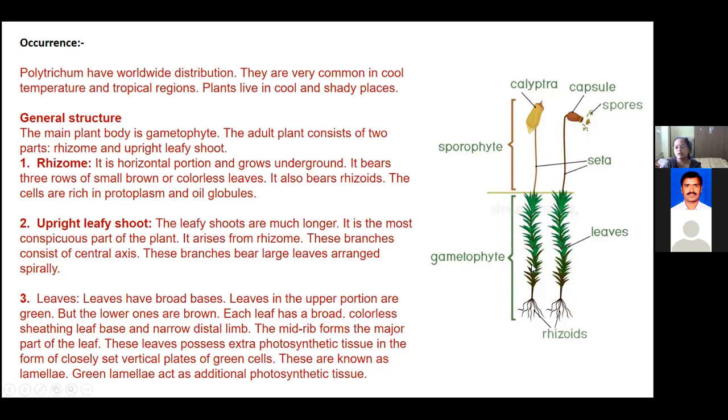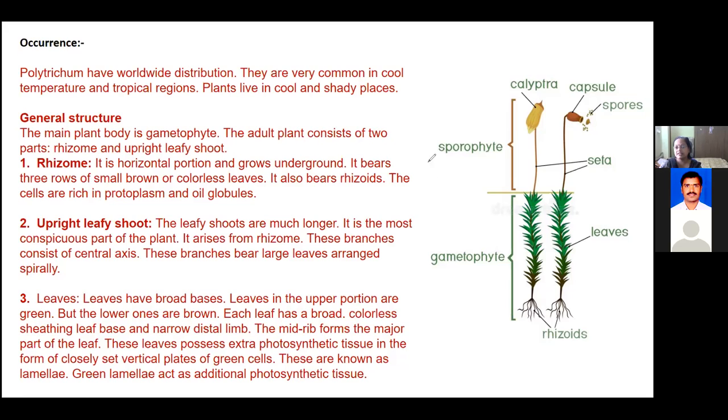So this is a brief description of the gametophyte of Polytrichum. It has a rhizome, rhizoids, and a central axis. Around the central axis, we can see the leaves, which are arranged spirally. The leaves are sessile, and they are lanceolate in shape. When we talk about lanceolate